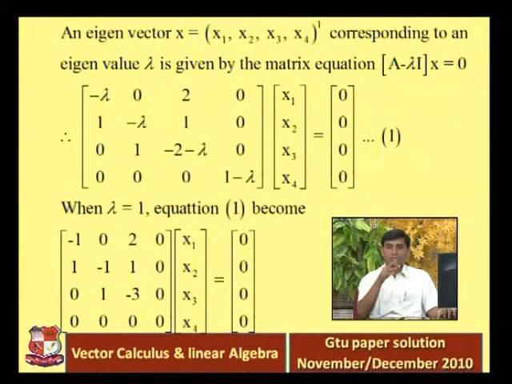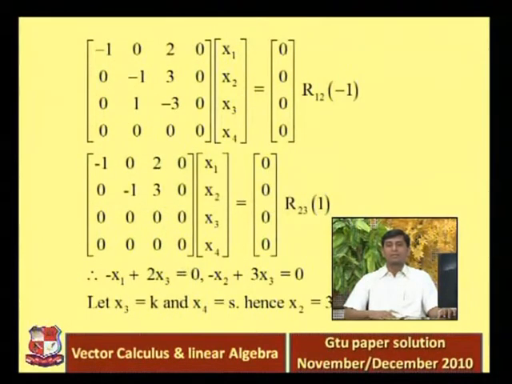The others are already 0. You can see in the first column below that minus 1, only the 1 is a non-zero element. Below that 1 both have 0, right? So you don't need to make 0, they are already 0. So just multiply the first row with 1 and add it into the second row. The first row is as it is, minus 1, 0, 2, 0. Third and fourth rows are also as they are, only the second row changes.